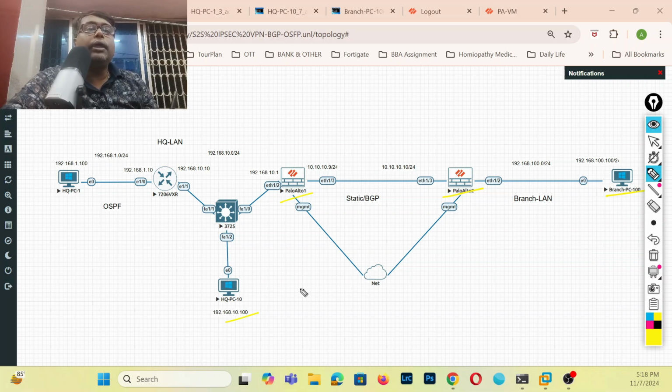HQ PC-10. It is working with a static route, and after that they are successfully able to reach each other. We are going to configure BGP over this channel, and after configuring BGP we can test again. We can test the connectivity between these two systems, and they are reachable. Then we will try to configure OSPF on that particular network segment on that